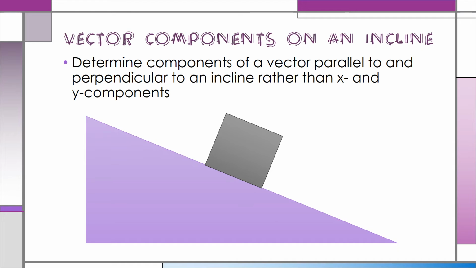Now, sometimes, rather than finding x and y components, it'll be more convenient to find a component of a vector that is parallel to and perpendicular to an incline. So here's an example. I have a block sitting on my incline or ramp here. And let's say that I have a gravitational force acting on my block, and I want to find the components of the gravitational force that are parallel to and perpendicular to this